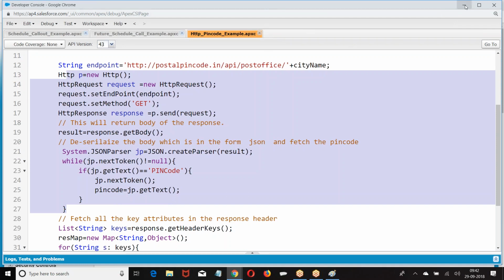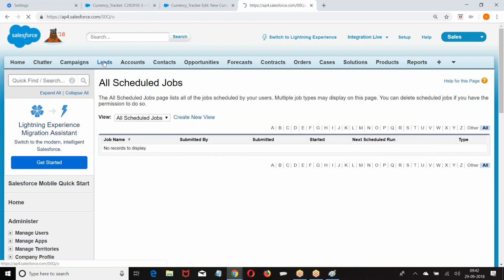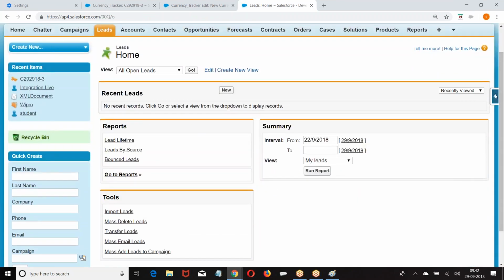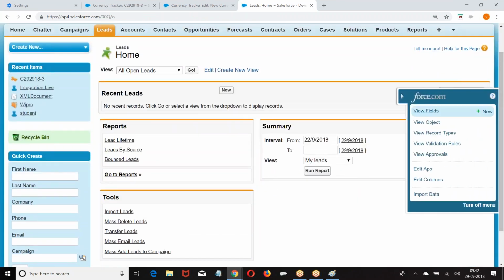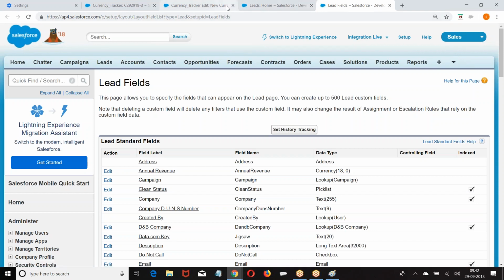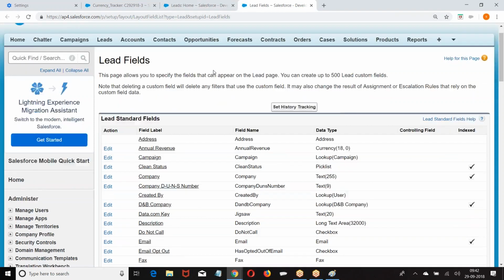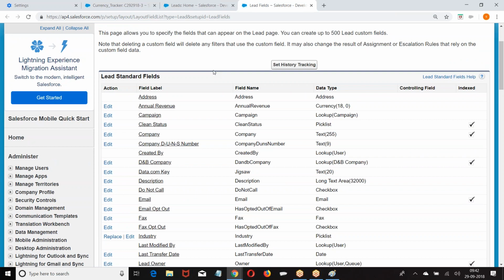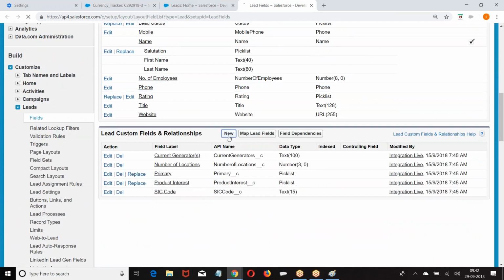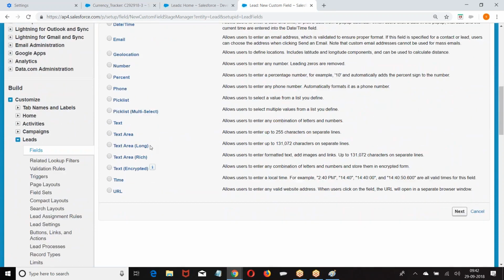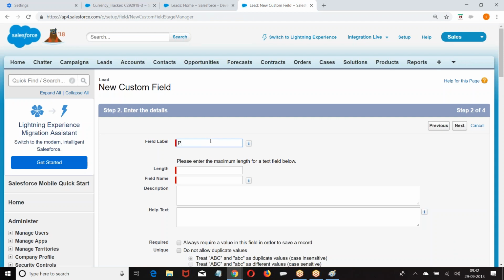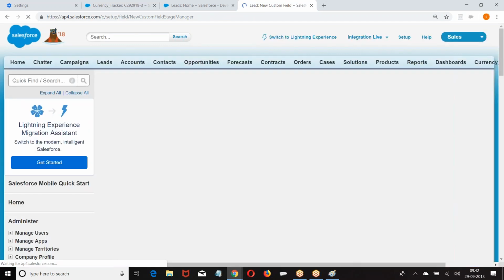Now, my requirement is, whenever a new lead is created, based on the place, pin code will be generated.